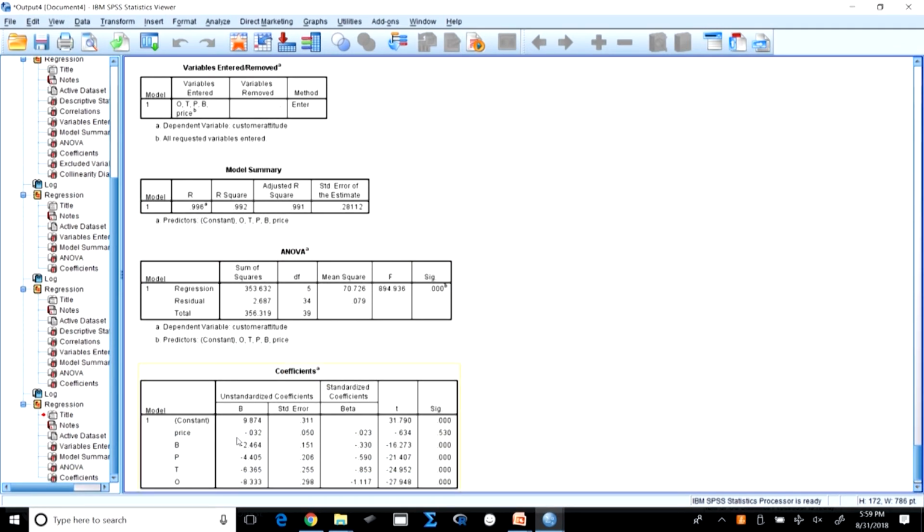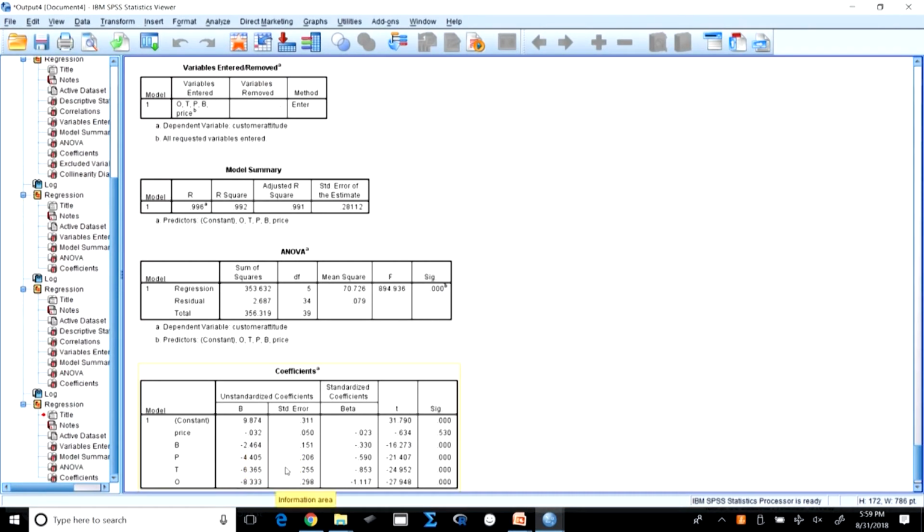So, price has got a beta, the B slope, the B1 of price is minus 0.032. That means what? A 1 unit increase in the price of the product will decrease the consumer attitude towards the product, in a negative way, right. This is because it is a minus 0.032, other things remaining the same. Then, whether price has got a significant effect? Well, no, it is not a significant effect. So, we cannot say that price has any effect.